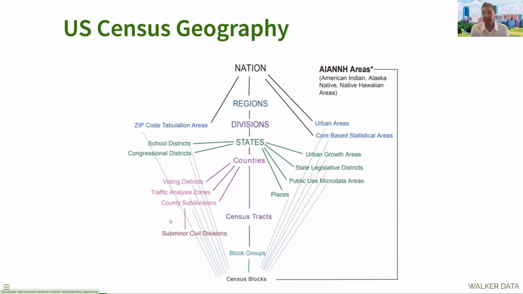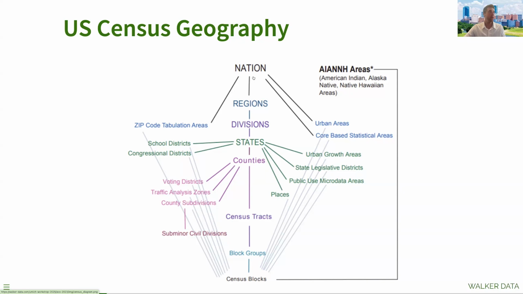But one of the great things about working with census data is the US Census tabulates data at a variety of different geographies. And so this diagram helps explain some, not all, of the geographies that are available from the Census Bureau for